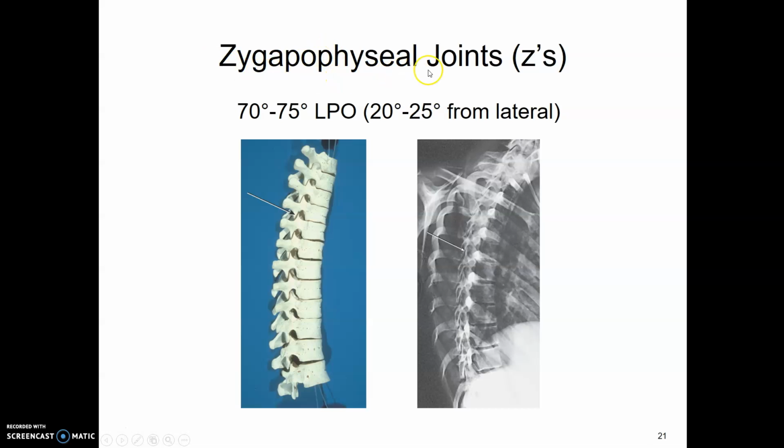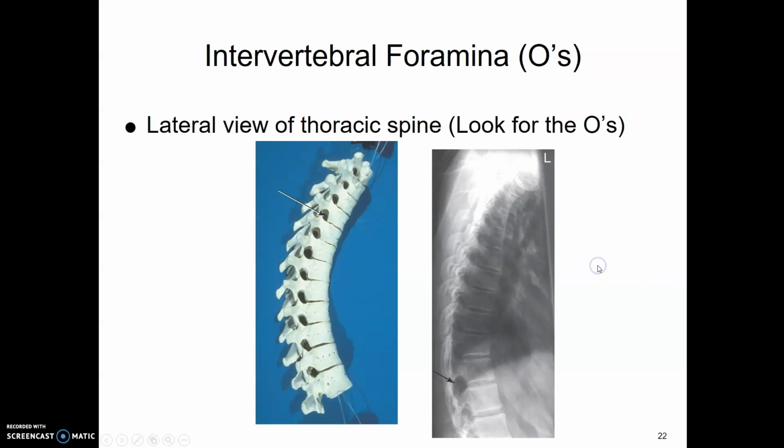The zygophyseal joints, or the Z's, are going to be at a 70 to 75 degree angle. So they kind of look like a Z or a slash. It's important to remember what you see on a lateral for all of your spines versus what you see on an oblique. T-spine, lateral, remember you're looking for the O's, just like lumbar spine on the lateral, you're looking for